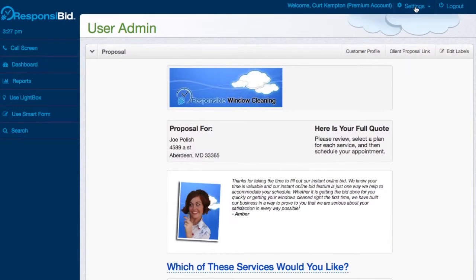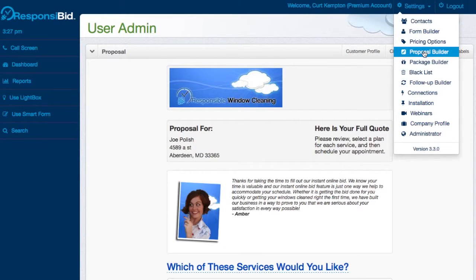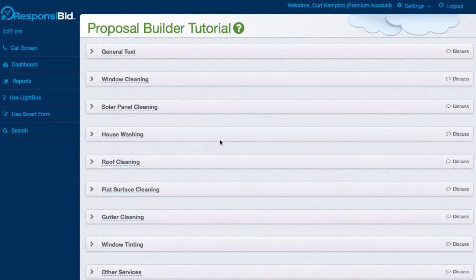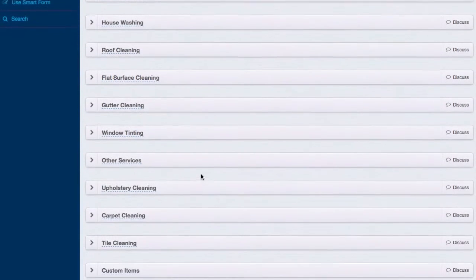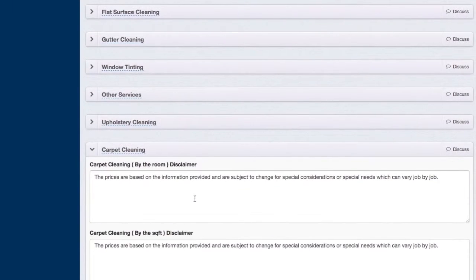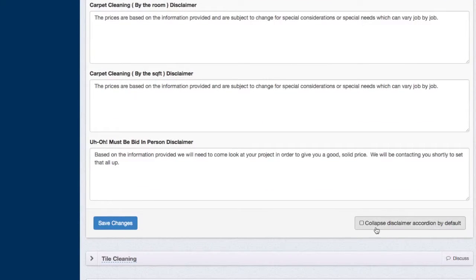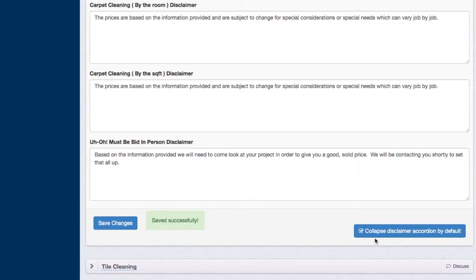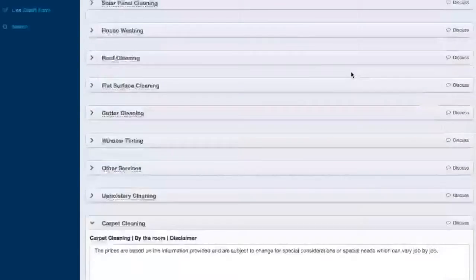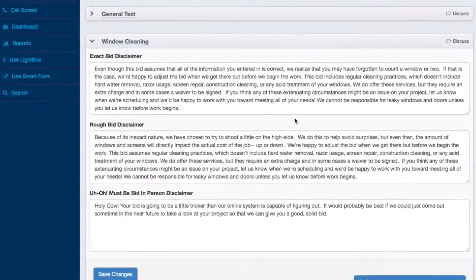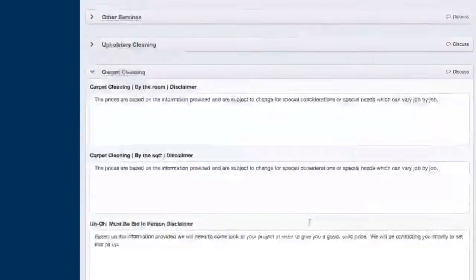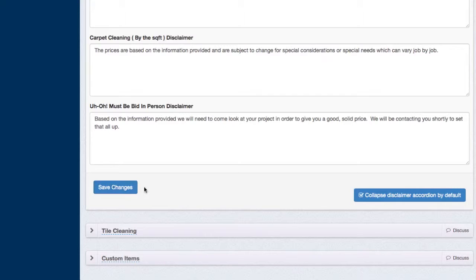So I'm going to show you how we did that inside of the proposal builder, and we're going to open up carpet cleaning here, and you can see that there is a button that says collapse disclaimer accordion by default. This will be what's normally turned on, and when you save those changes, whenever a bid is given, it will be closed just like all the other ones that you're used to seeing. Like when we looked at window cleaning, you'll see that that box was already checked. But if you uncheck those boxes and save it, then they'll be open by default,